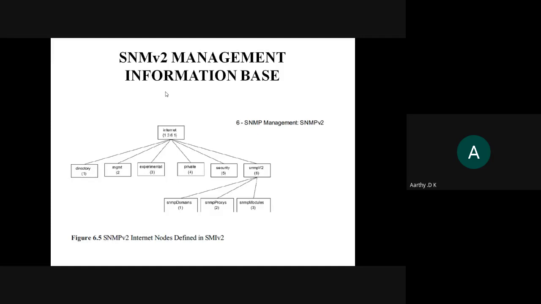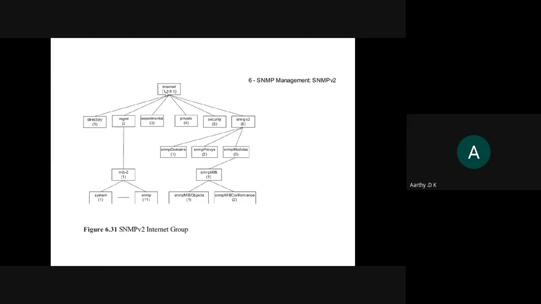So your MIB contains all the modules that are present in SNMP. Okay, so the MIB only specifies the different modules that you have. So all the modules are put in the SNMP module group. So next, this is a further division of your internet group. As I told you, these are the four things that we already have. And then security and SNMP version 2 is added, which is further divided.